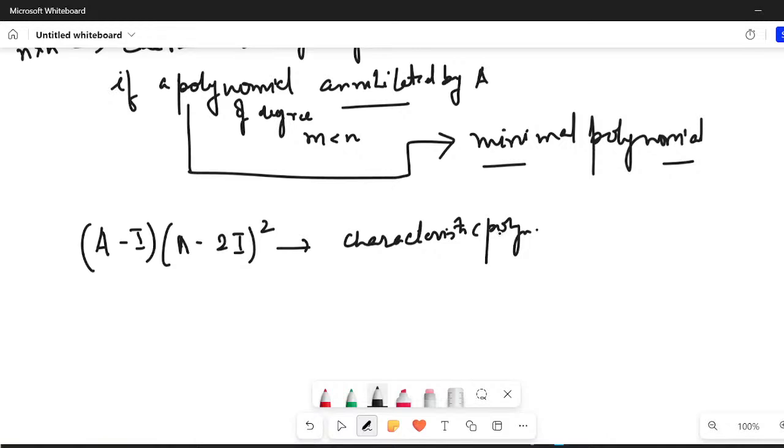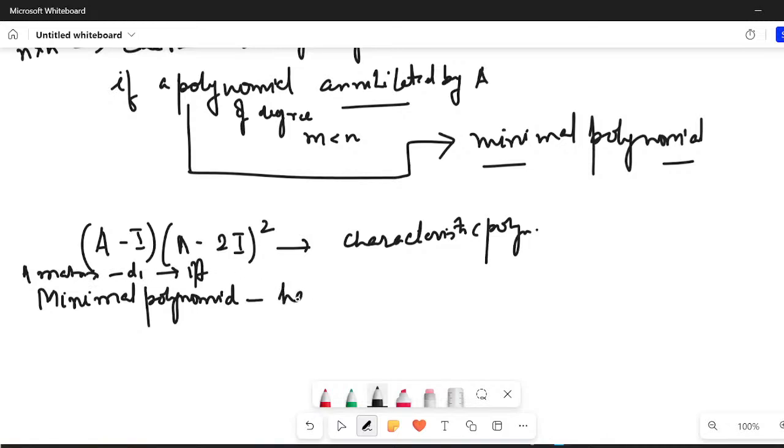Is that clear? Now, what did the statement say? The statement said that the minimal polynomial, okay, and it was an if and only if condition, if you remember. So a matrix is diagonalizable if the minimal polynomial has distinct eigenvalues,